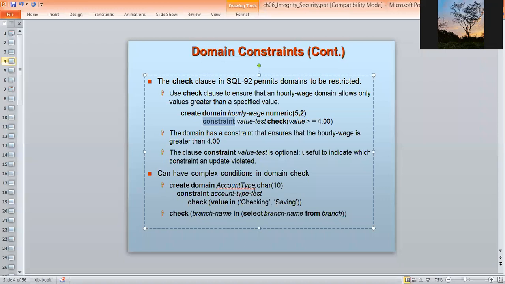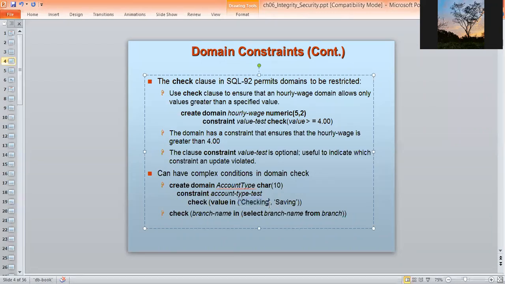So create domain account type char(10), constraint account type test, check value in the following 2 values. That means the constraint imposed here is to check whether the account type has one of these 2 values or not, that is, whether the account type is checking or savings.